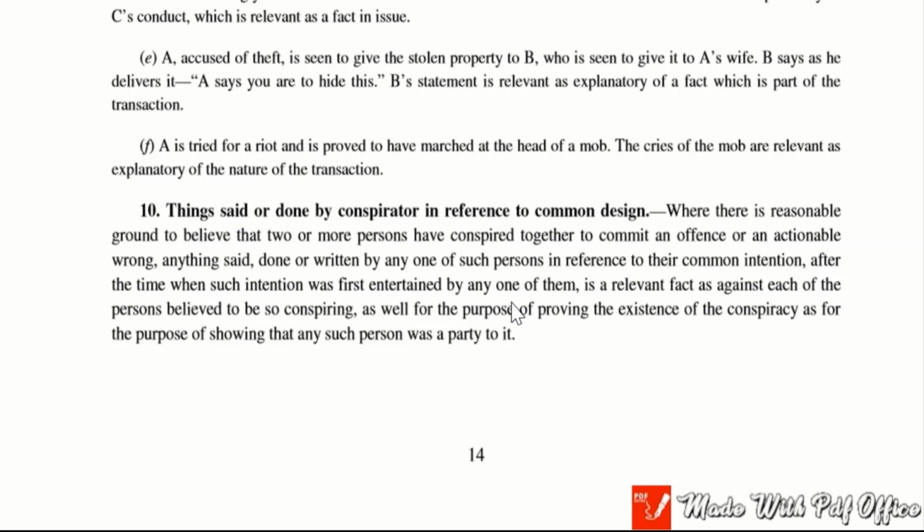So in that case, it is assumed that the vehicle is made by all of the people together. Each and every one is equally responsible for making this vehicle. In a similar way, if two or more people join hands together to commit an offense or an actionable wrong, then it is deemed that what each and every person has done is absolutely relevant. Furthermore, in this section, they have given an example also. But before venturing into the said illustration, let us try to understand this section specifically.